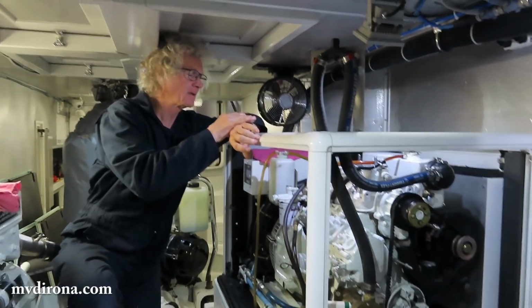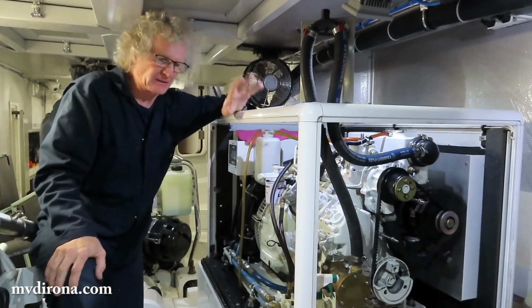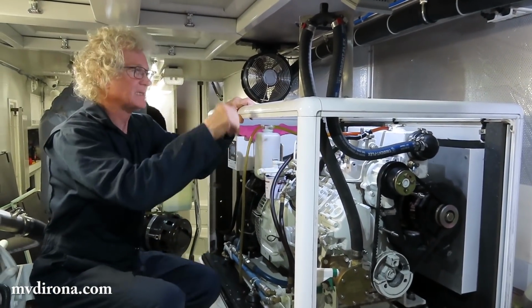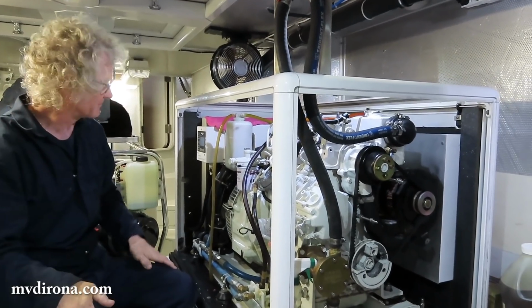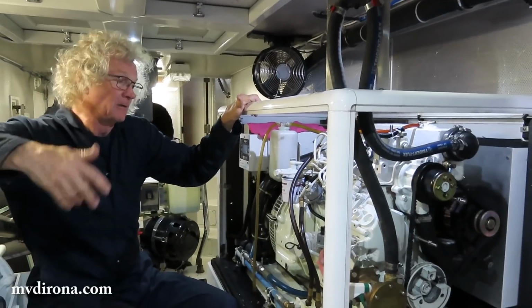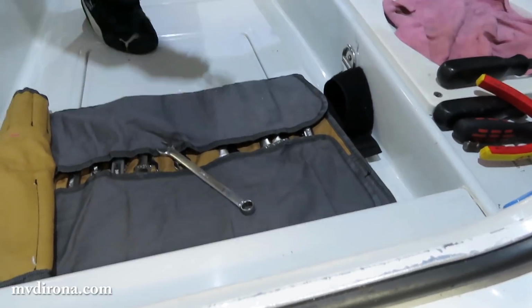Well, it's Sunday morning, about 8:30, 8:26 right now, and we've got very little work left to do, so it's almost done. The valves need to be adjusted, the coolant needs to be filled, reassembled, batteries turned back on, auto start turned back on, and then run a test. Let's get going. So what we need here is